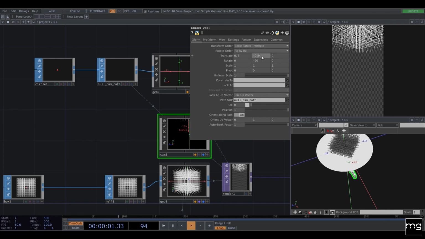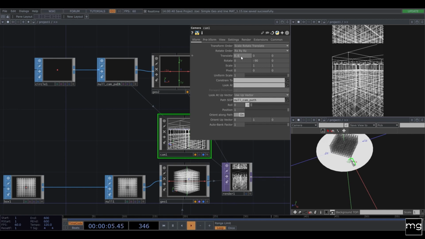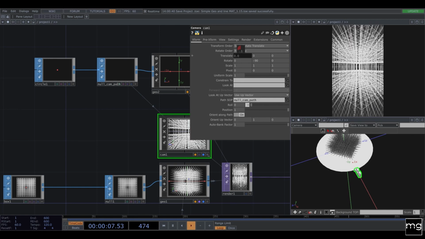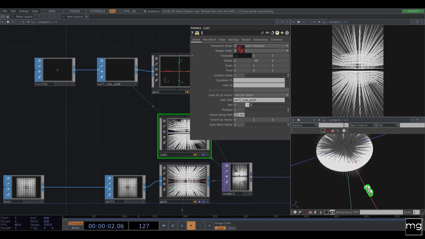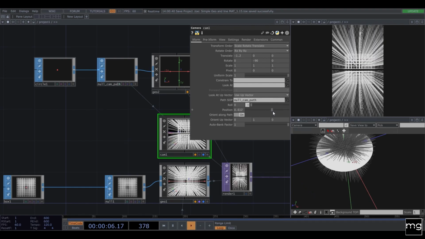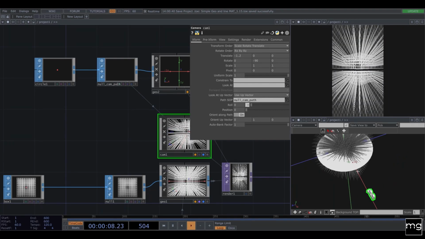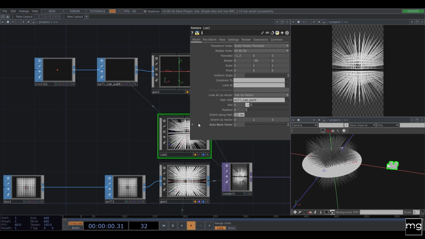So I need to zero this, and I need to zero this one, and now I need to go a little bit further, so around like that, and we know that this is going to do like around from this part.